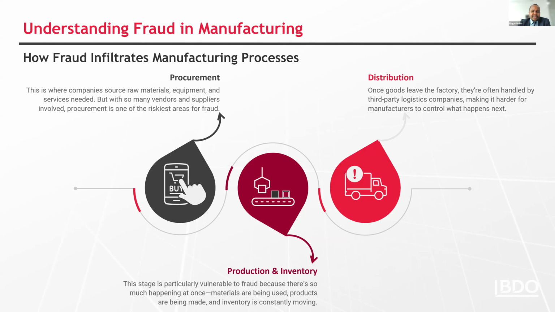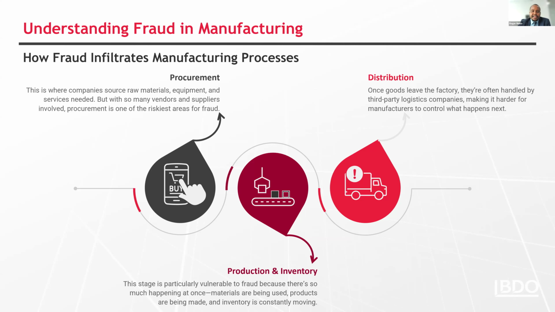Another key example is inventory theft. So imagine you're running, for example, a furniture factory that deals with expensive hardwood. You'd find that workers steal raw materials by reporting them as damaged or lost in transit. And this is very hard to detect if your inventory control systems aren't very good. When goods or materials aren't properly tracked from the moment they arrive to when they're used, it's very easy for fraudsters to manipulate the system and make things disappear.